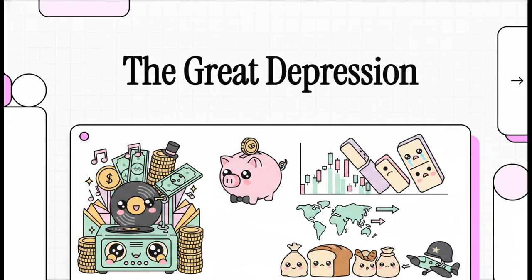All right, welcome to this explainer. Today we're diving headfirst into the fascinating, almost domino effect mechanics of the worst economic downturn in modern history to uncover what really happened. It's wild to think about, but people went from the absolute glitz, the jazz music, and the incredible riches of the Roaring Twenties straight into losing their entire life savings and standing in breadlines, all in the span of just a few short years.